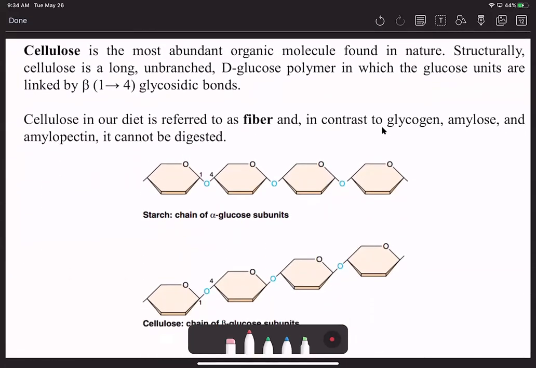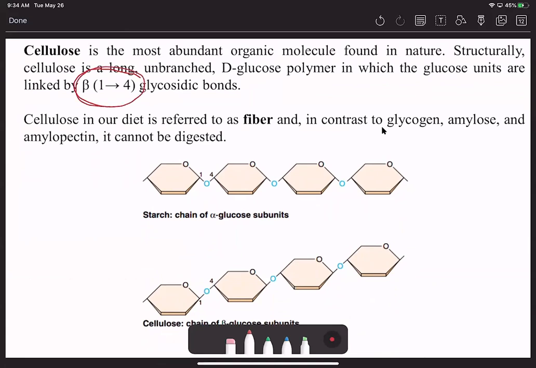Cellulose is not how plants store glucose, right? Cellulose is used for structure, right? Cell walls, plant walls. So if you see a blade of grass, that's what's helping it stand up straight: it's got cellulose there, and it's used for structure. But cellulose is bonded